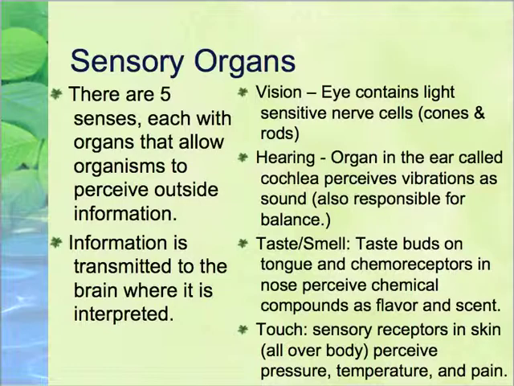Taste and smell, I think, are fascinating because taste buds on the tongue really are chemical receptors that test for things that are dissolved in saliva or things that are dissolved in food that touch our tongue. The nose perceives chemical compounds that are in the air that is in our nose and in the back of our throat. So when we taste something, what we're really doing is our brain is taking information from our tongue and information from our nose and combining that into what we consider